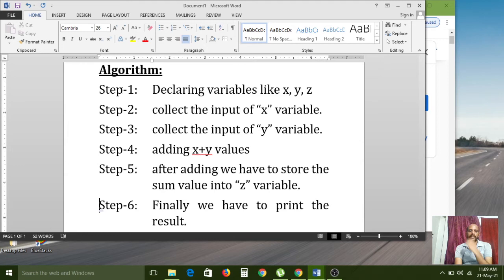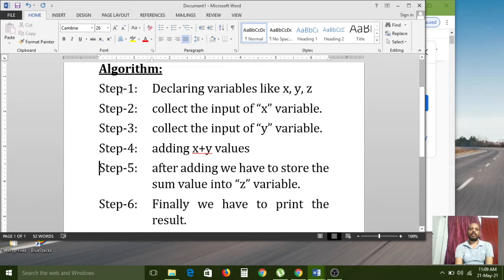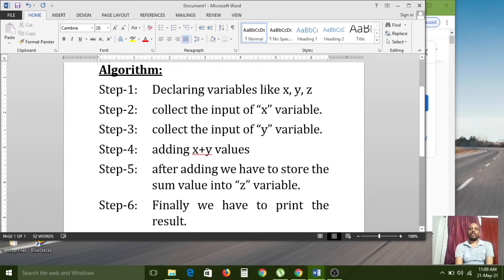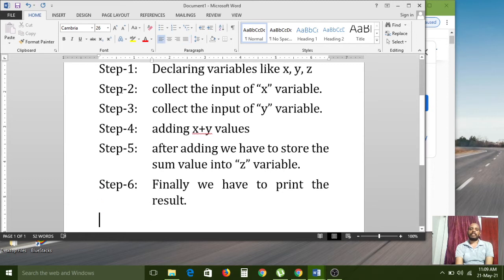What is behind that program? What process is going on? That entire process they can understand by reading all these steps. So that is called an algorithm. This is only step by step, declaring sentences. Here we just use English words, English sentences, so by reading these lines, they can understand simply.